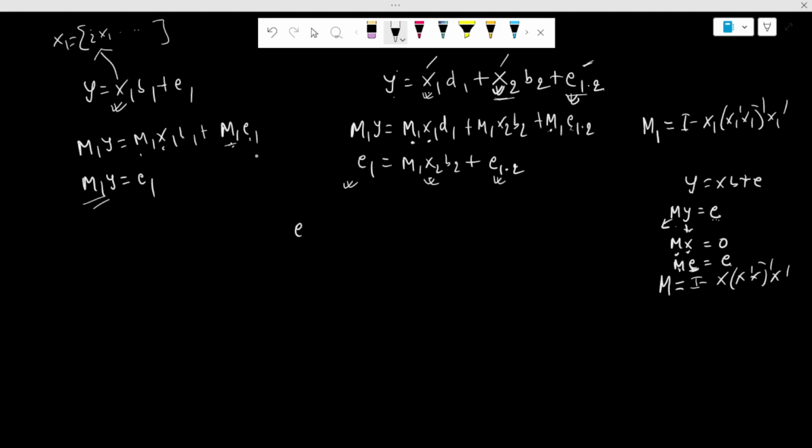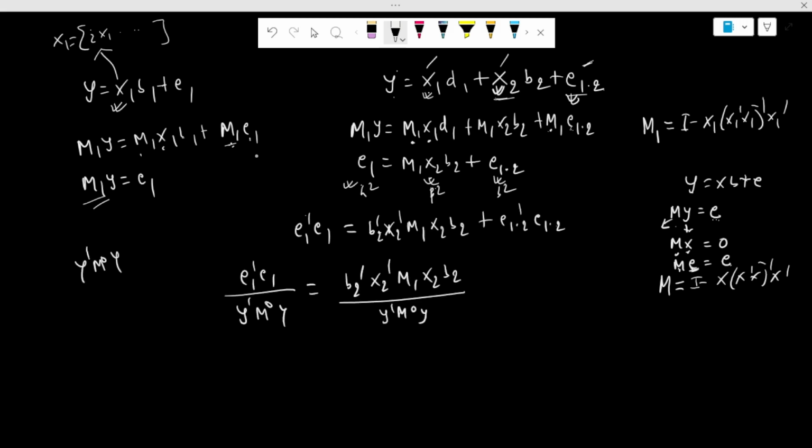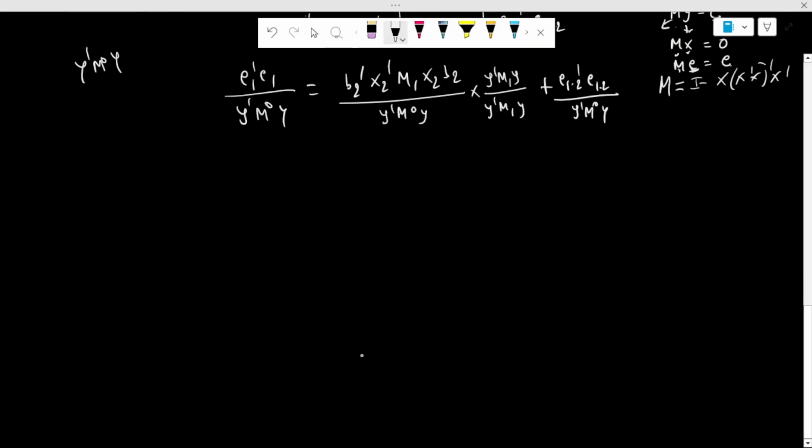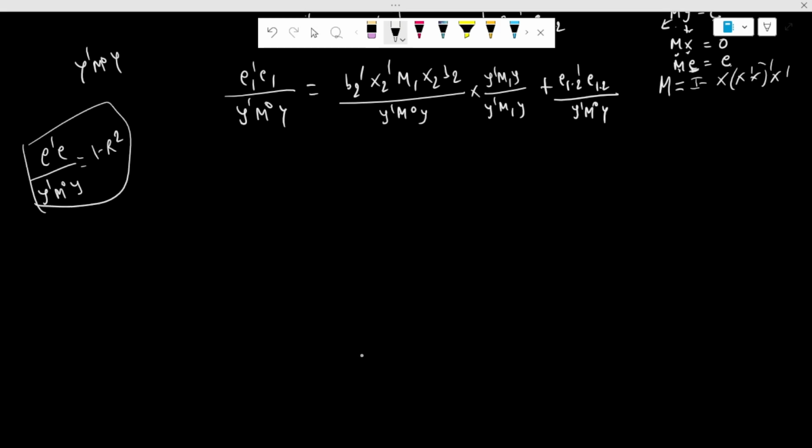So if we take the transpose of it, e1 transpose e1, that is the sum of the square of the residual, is the sum of the squares of these individual components, that is h square is equal to p square plus b square from a right angle triangle, the Pythagorean theorem. Now let us divide both sides by y transpose M1 y, and we have already seen that this should be equal to 1 minus the coefficient of determination